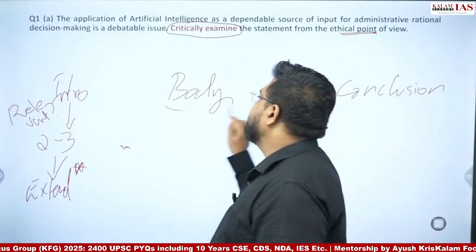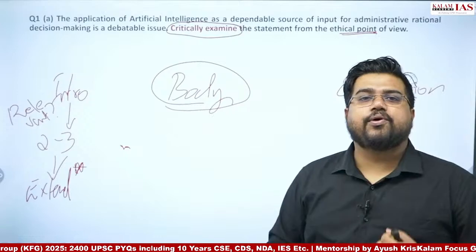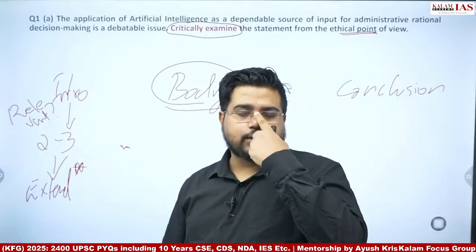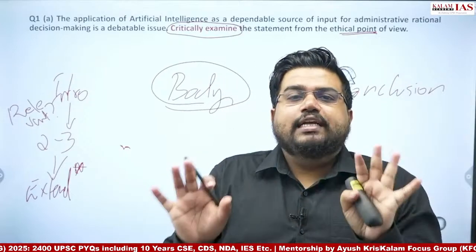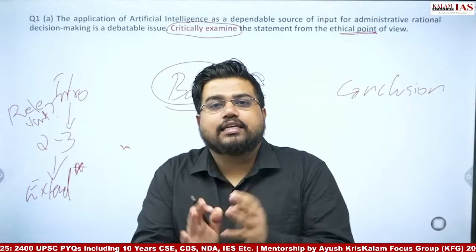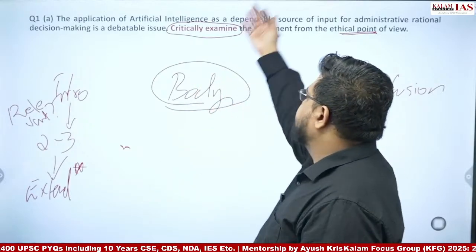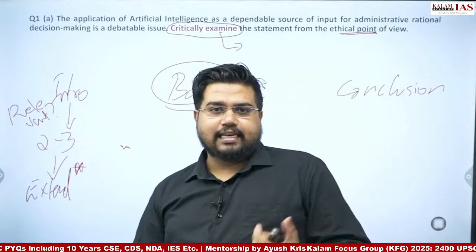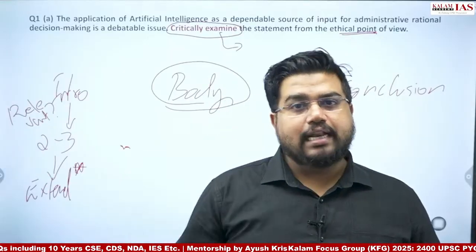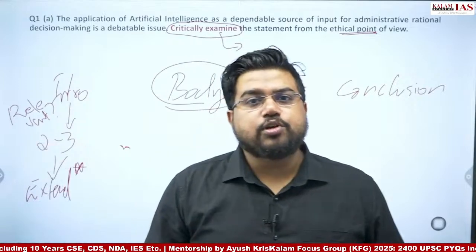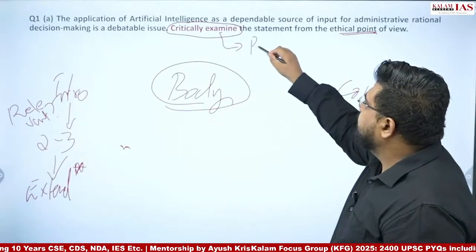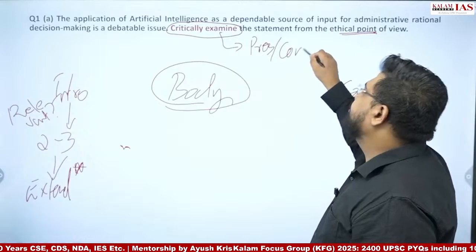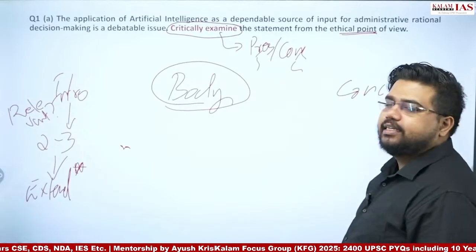Now in the body, again, same as we did for the quotation based questions, divide the body into two parts at least, then your work is half done. Here critically examine is the keyword. Wherever I get keywords like critically examine or analyze, critically analyze, what am I looking at? I'm looking at a pros and cons analysis, with a fairly equal number of points, that is five points here and five points here.